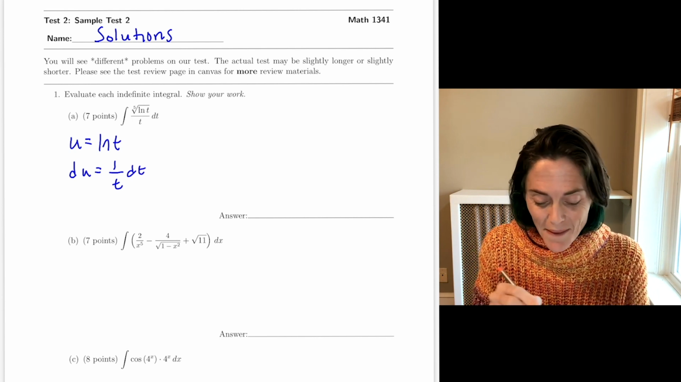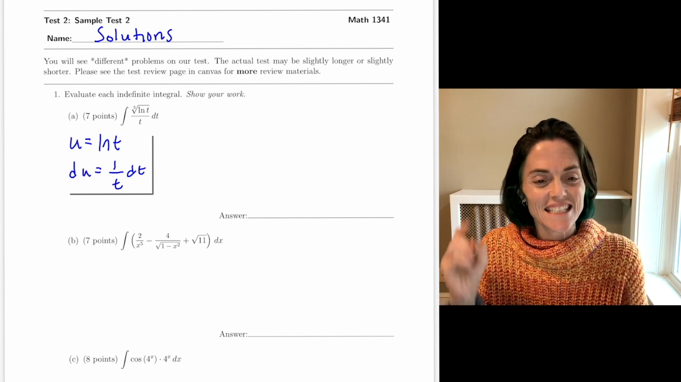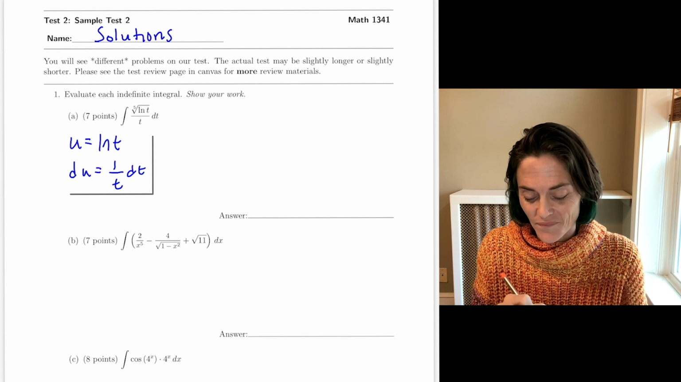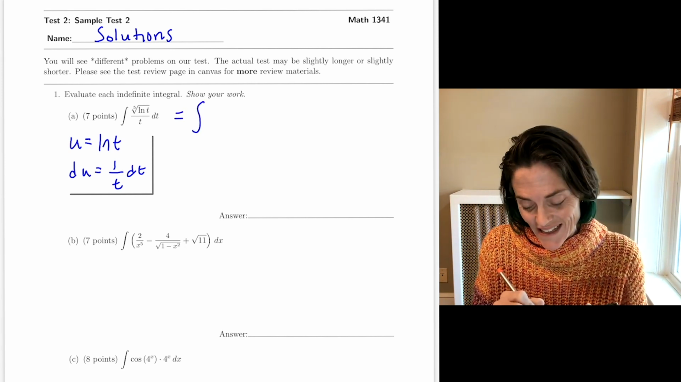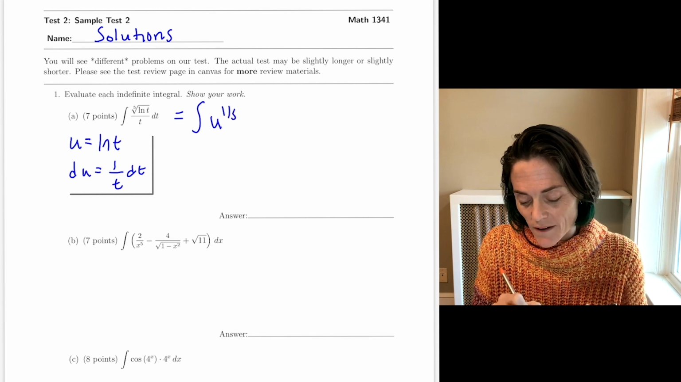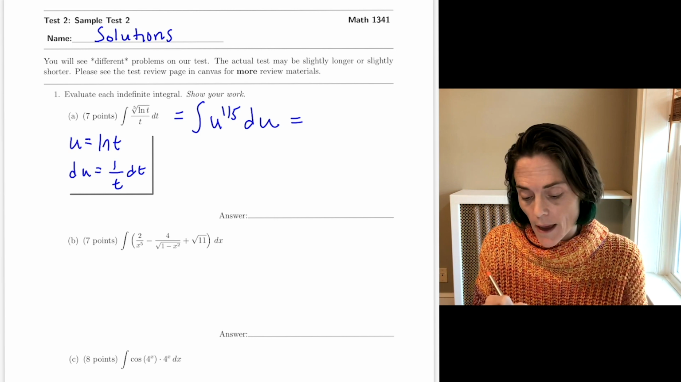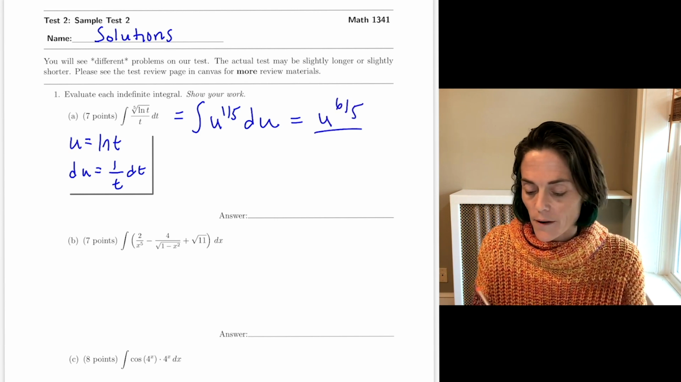Well, you notice in my integral, I have exactly du. I have a 1 over t dt. So I'm ready to convert to an integral of u. Here, my power, this is a fifth root. So this is u to the 1/5 power and du. Now we integrate, we add a power and divide by the higher power